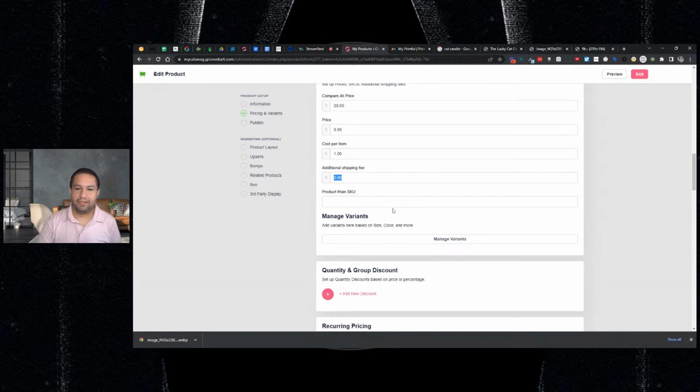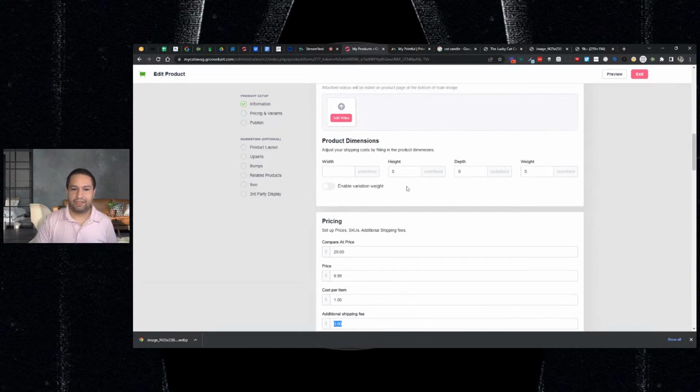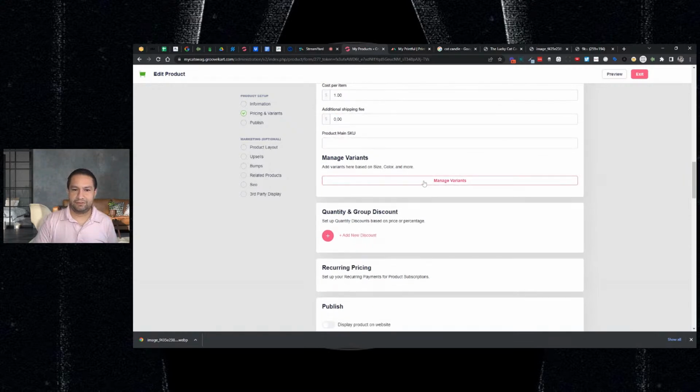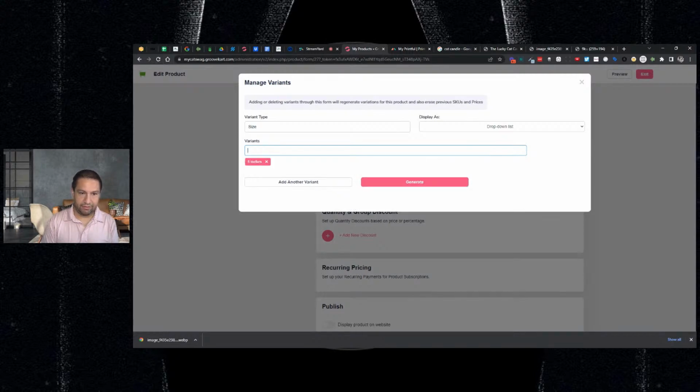So just keep that in mind. And then you could add variants if you wanted to add variants. So you go here, and then let's just say we would say size, okay? And so we would say, let's just say 5 inches, and then let's just say 8 inches,